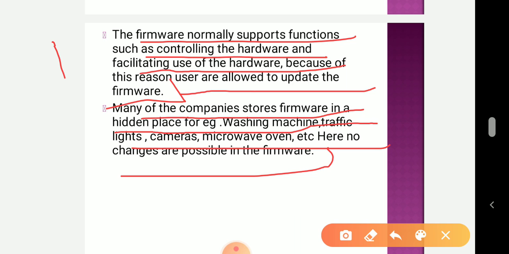However, users may add their contacts, messages, videos and pictures into the phone memory. On the other hand, software programs written by the user, such as superstore bills, payslips, mark sheets and printing, can be changed by the user provided they have the source code for the software. So this type of function can be changed by the user.